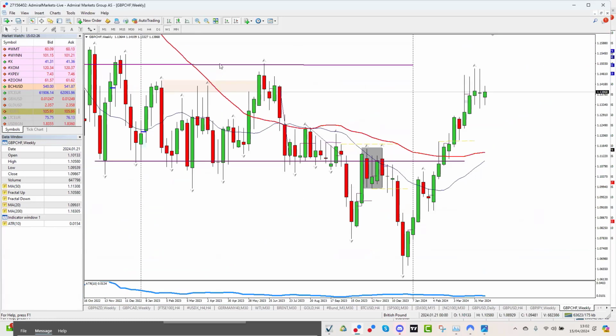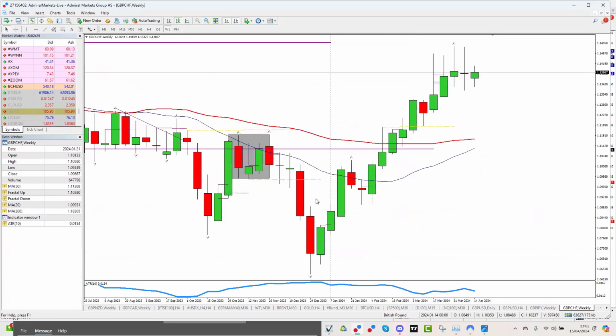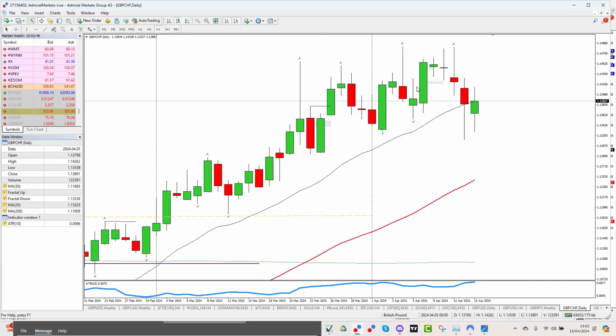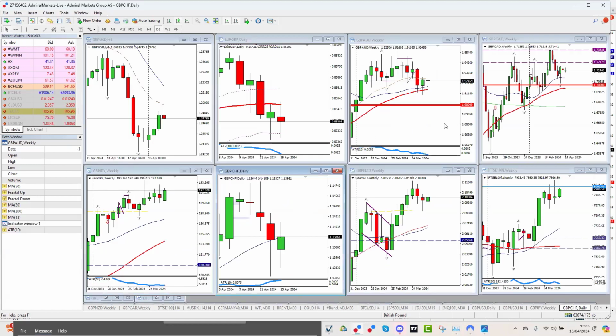Against the Swiss franc, this is the weekly chart. Swiss weakness, sterling strength. But look at that over the last couple of weeks, getting lots of wicks to the north. That's telling you that the sterling strength is coming to an end, and maybe, if not Swiss franc strength, it's just not necessarily as weak. Just looking at the price action there. So I'll be looking to see, is that going to be a flip? Is that going to roll its way over, based on sterling weakening a bit and maybe the Swiss franc just holding its course? We shall wait and see.